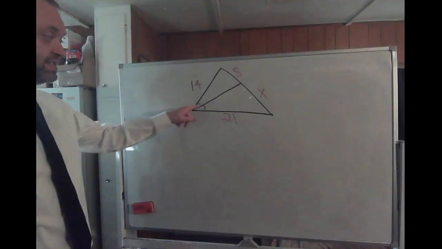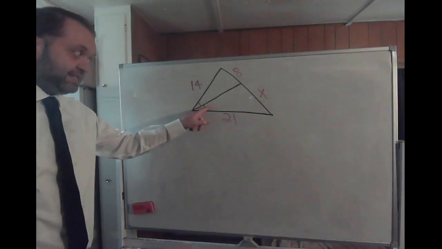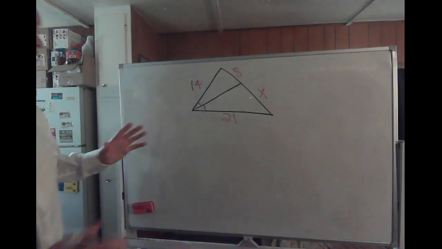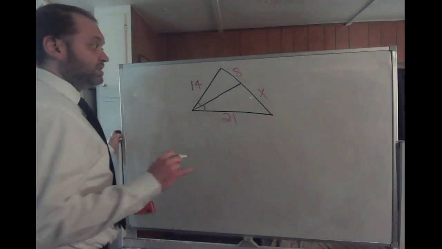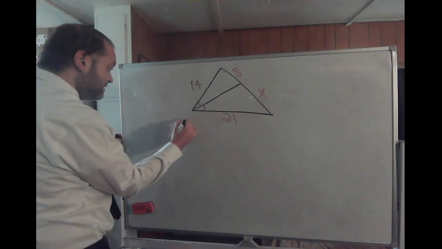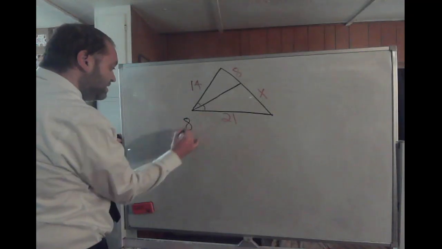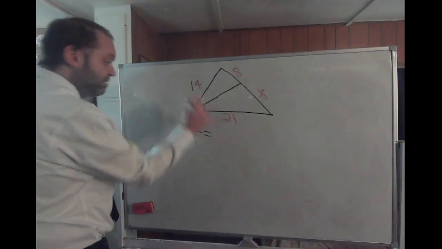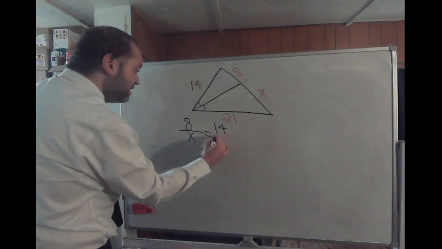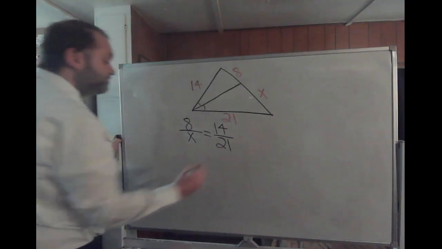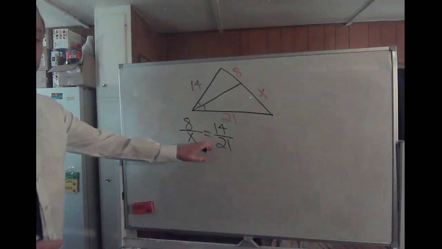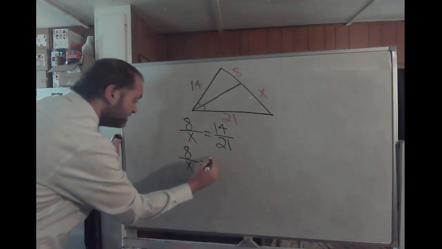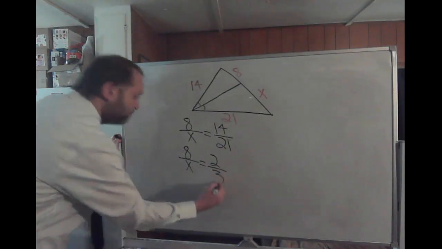As you can see, this angle of the triangle here is bisected, right? With the congruency markers. So when you go to set up your proportion, we're going to start at the left. That's going to be 8 to x from the opposite side. We'll have 8 to x equal to, since we started at the left, 14 over 21. But 14 to 21 reduces, right? That would end up giving us 8 over x is equal to 2 over 3, which would make this much